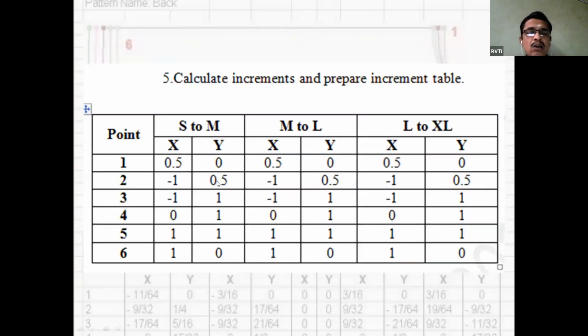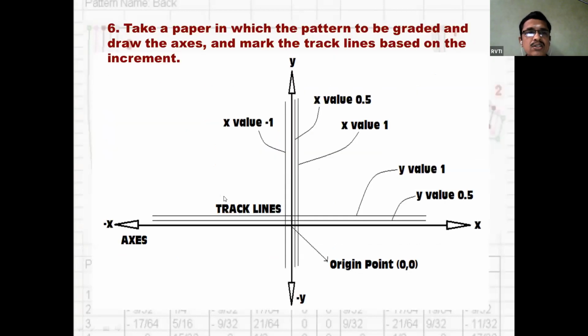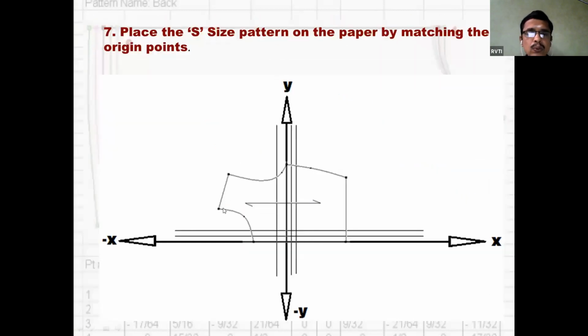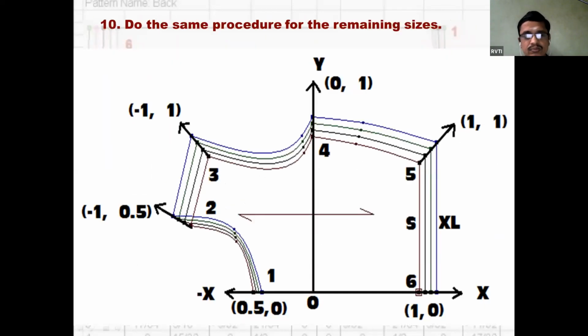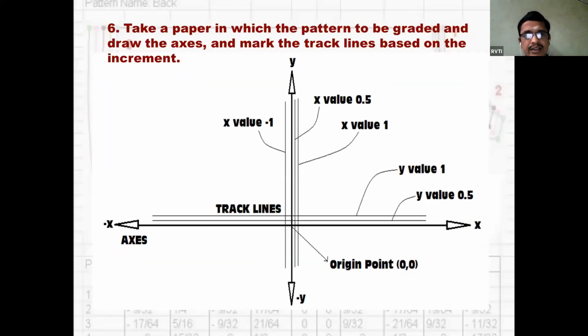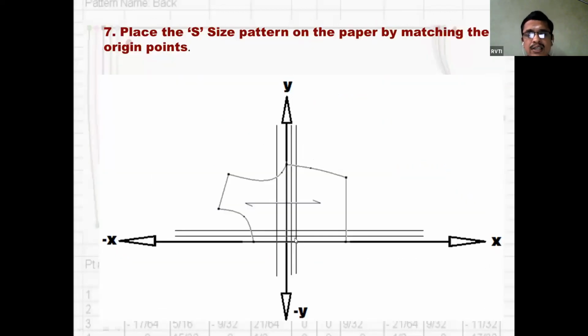Next, what is the 0.2 increment? X minus, Y 0.5. So here what I'm doing is moving the pattern like that. Minus 1.5: minus 1 means X minus 1, so the pattern axis will move from here to here. Then plus 0.5 means the pattern axis moves 0.5 in Y. Then I have to mark only the part of the neck and part of the shoulder. Like that I'm moving.